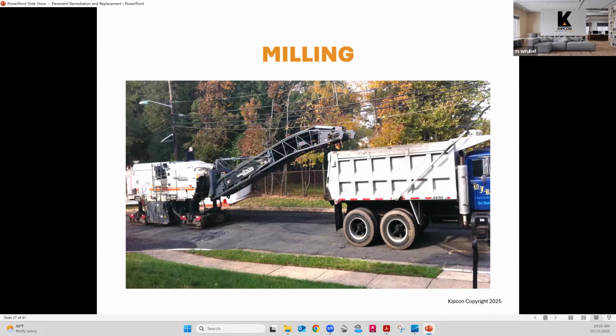So the project usually starts out before this with any sort of concrete repairs. Usually a contractor will come in, any concrete curbing that needs to be done, those sidewalk ramps I mentioned, perhaps there are repairs to the catch basin boxes that need to occur. Concrete work usually gets done first. Then when the project starts, it'll start out with